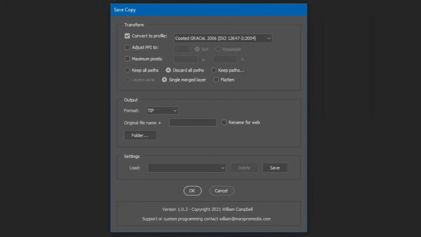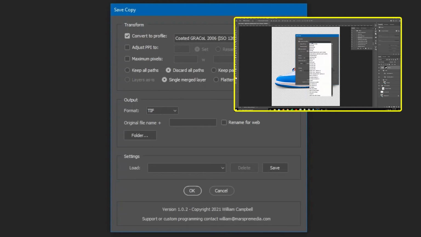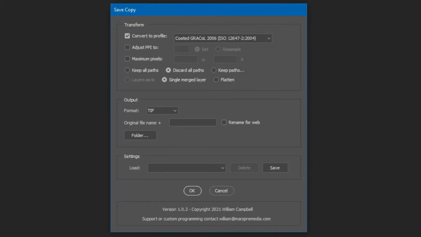But that's just one reason to use the Save Copy script. It's handy either way, whether you use Batch Multi-Save or not. With a few clicks, the script creates a copy of an open image, transforms it as desired, and saves it to a chosen format. Not only a time saver, images are transformed and saved consistently. The example next demonstrates these benefits.